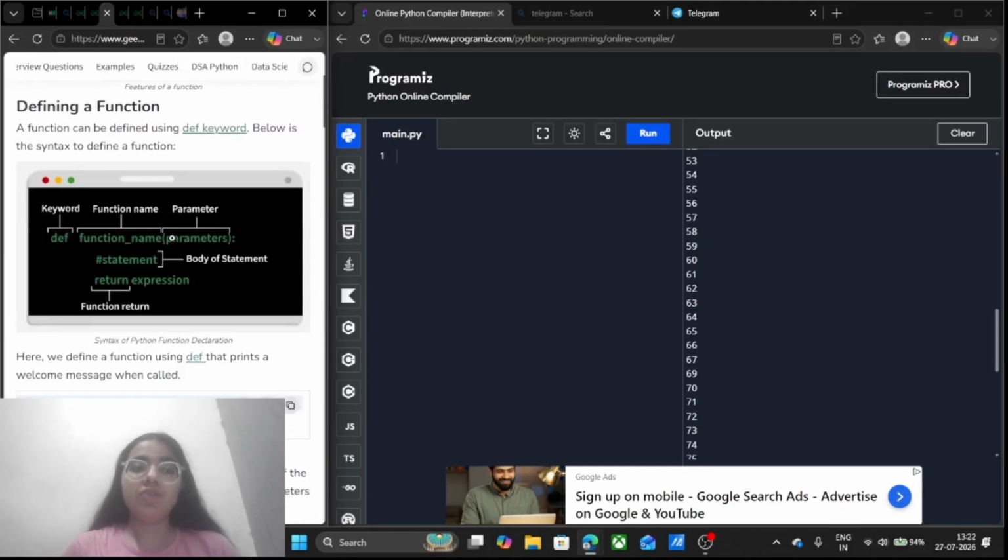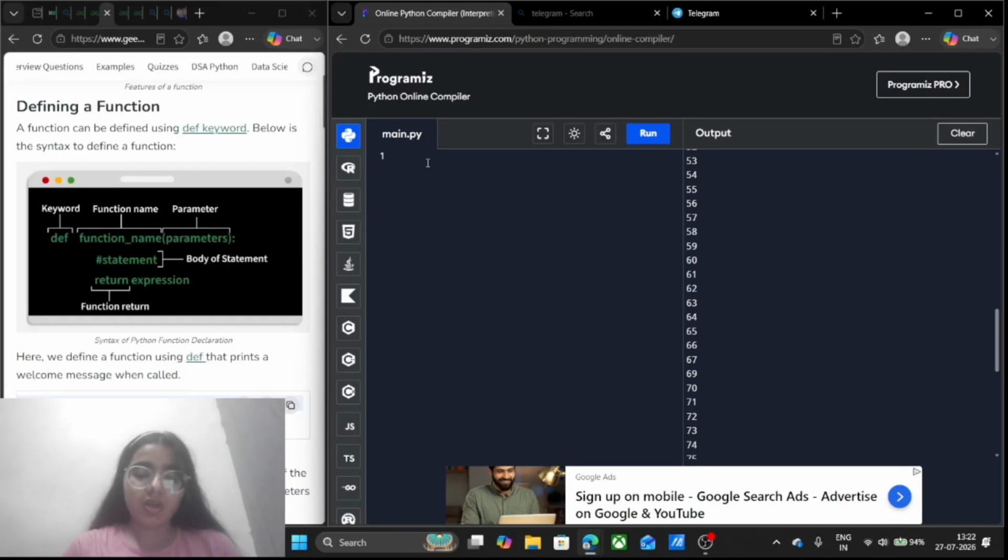Now, coming to defining a function, we can define it using the def keyword. How can we write that?